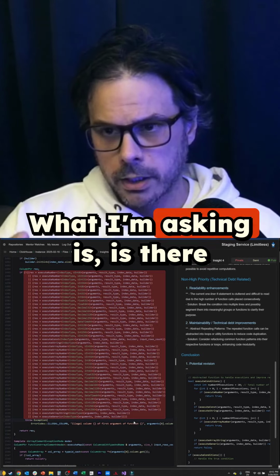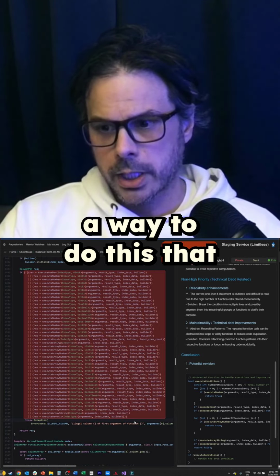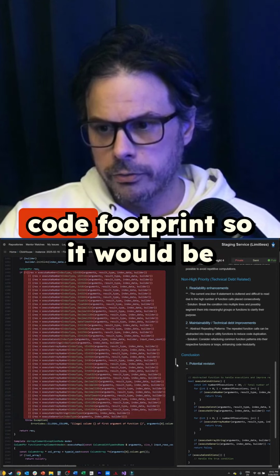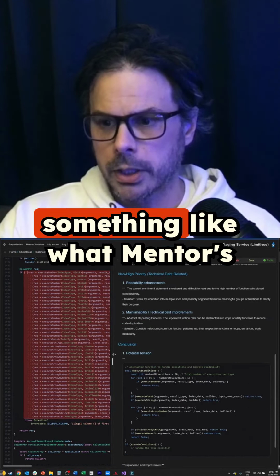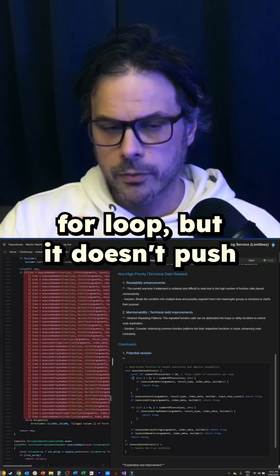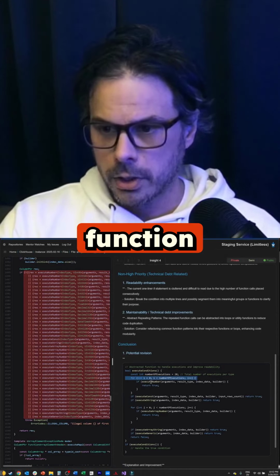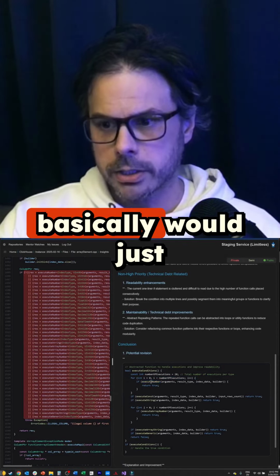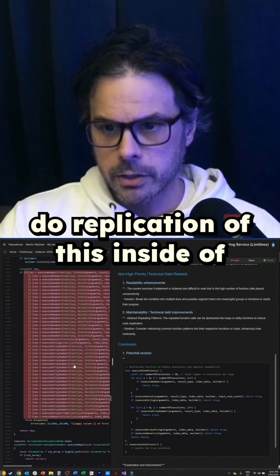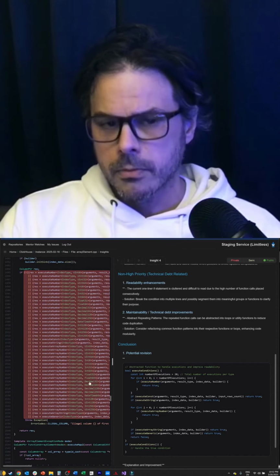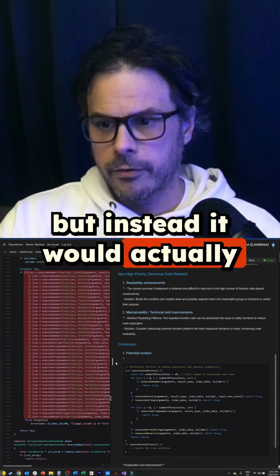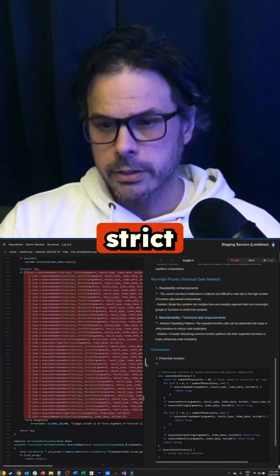What I'm asking is: is there a way to do this that would essentially reduce the code footprint? It would be something like what Mentor's showing, which is sort of this for loop, but it doesn't push the complexity inside of the function, which would basically just do replication of this inside of a switch. Instead, it would actually find a way to have strict type binding